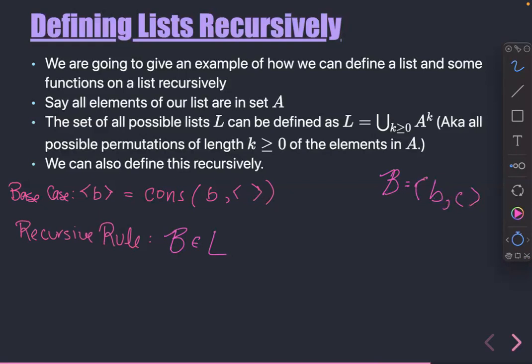Right? And then I basically want to do my element A, or I can do a little element B that's in A, because these are the elements of my list. So this B is going to be in this set A. So I have my B in A. Then cons of adding that one element to that existing list B, I would write it this way. So I would create my